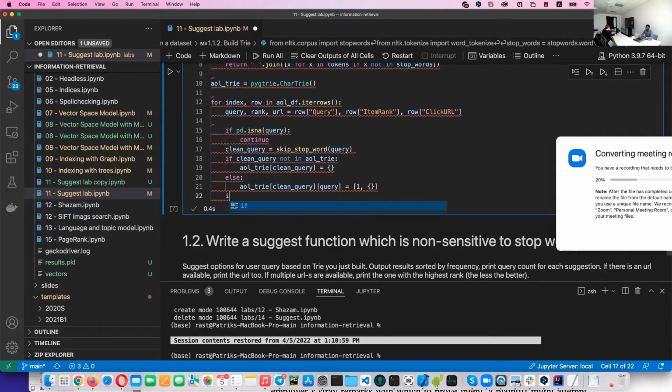Next, we have to check if our normal query